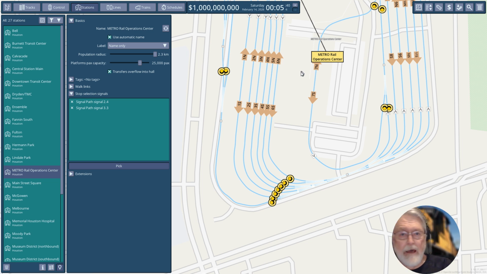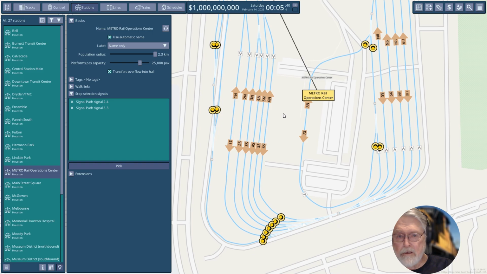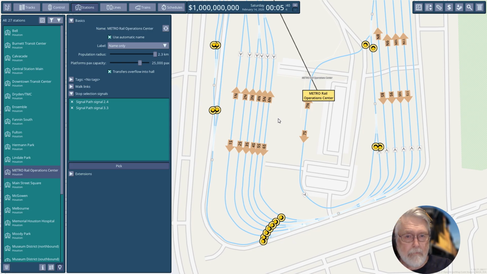And let's see, now what we want to do is we need to set the, that is something that we'll do when we get to creating the lines. We'll create a depot line, and in the depot line, that's where we'll set up the stations that the trains will go to at the end of the day. Well, that is about all that we need to discuss in this signal